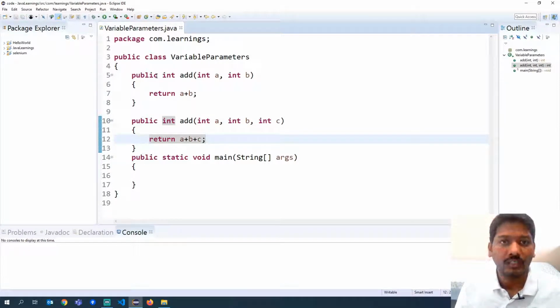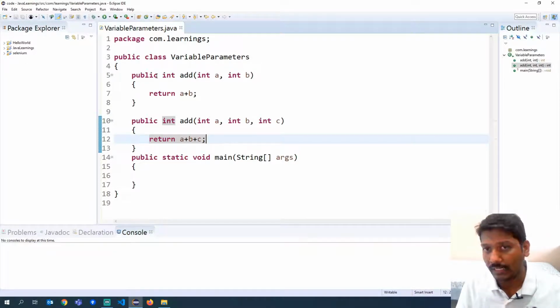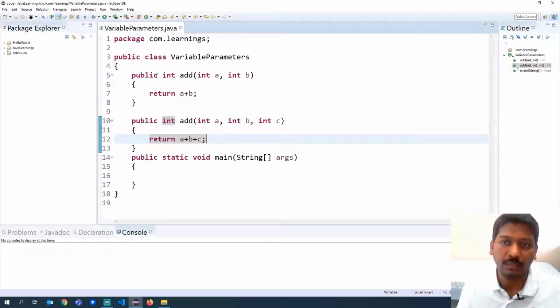So what did we do here? We created an overloaded method for add which takes three input parameters, sums all the three parameters and then returns the sum. Now this is all fine, right? We know that we are going to pass only two input parameters or three input parameters. What if I want to add any number of input parameters that are given to me? Especially, for example, in this case, adding all the input numbers. Okay, so that is where the purpose of variable input parameters comes into the picture.